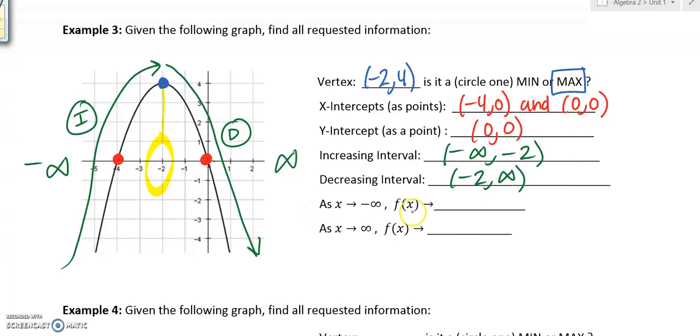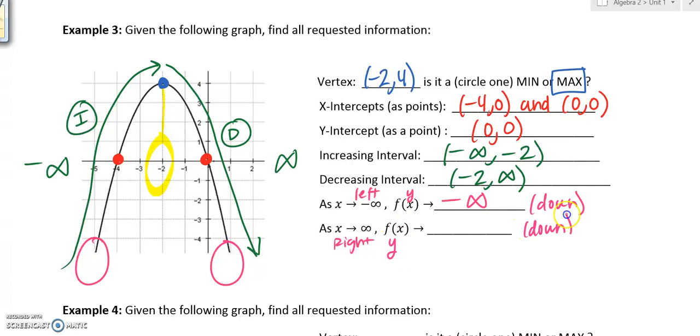Now I have my end behavior. As x approaches -infinity, so again, look at the left side. As x approaches -infinity, where's my y going? Well, my y is pointing, and you're probably thinking, oh, it's pointing down. Well, it is, but we don't write down, we write -infinity. And as the right side approaches positive infinity, so as we look to the right, my graph is pointing again down, but let's write negative